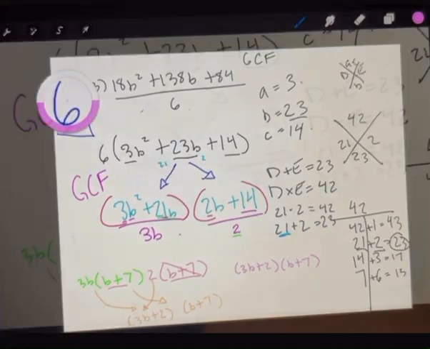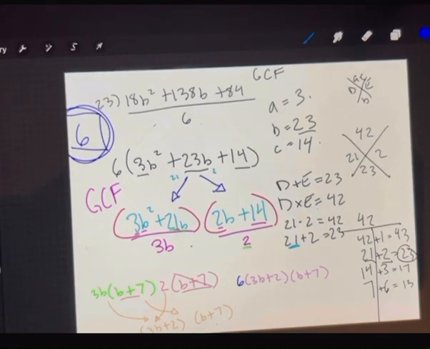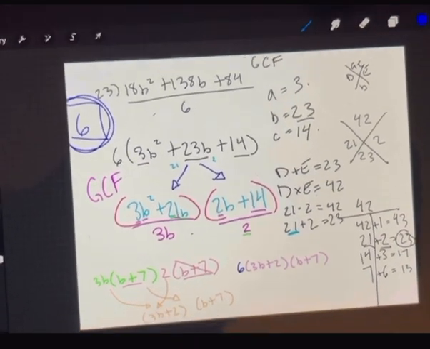Here, I just rewrite it here. And remember, we had that 6 from when we originally divided it. So now that